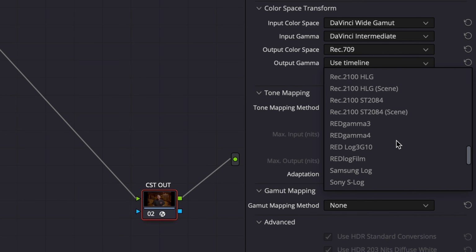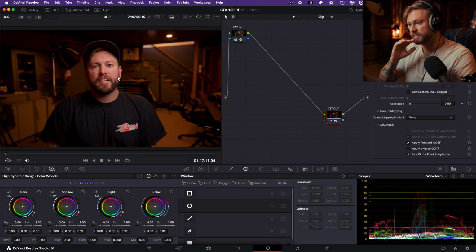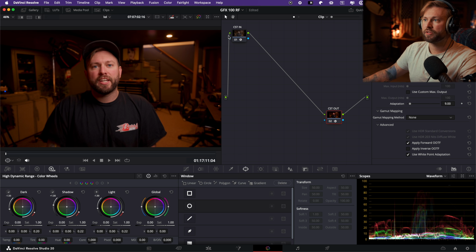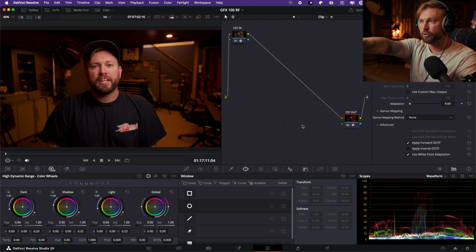And do you remember this from the very beginning? Rec 709A. Everything we're seeing in here on a Mac is gonna look exactly how it looks exported. So this basically just gave us a Rec 709 image with a ton of flexibility in the middle. And then once you add all of your nodes in between these two nodes and get the grade looking perfect,